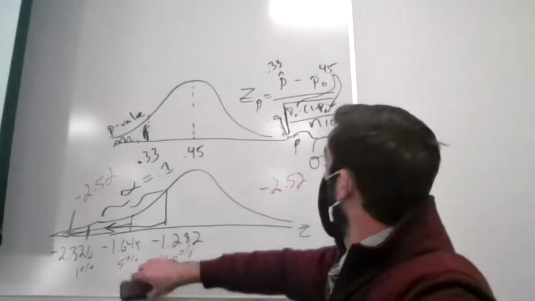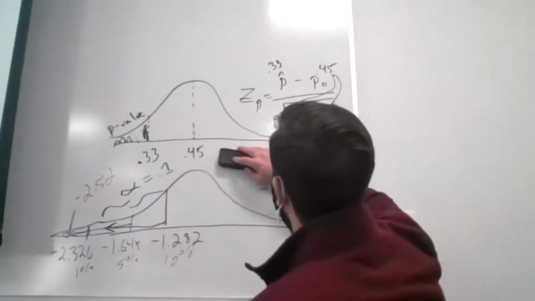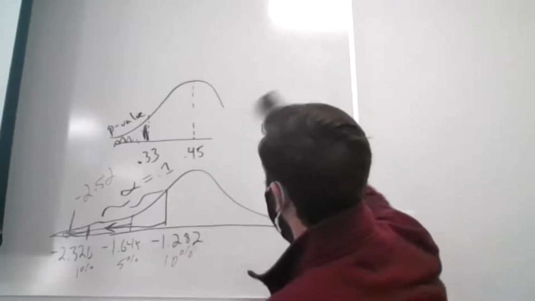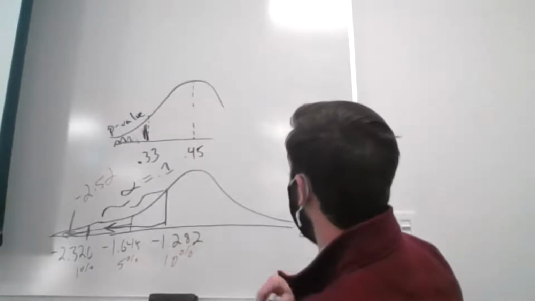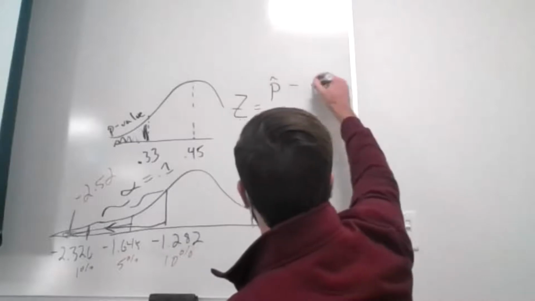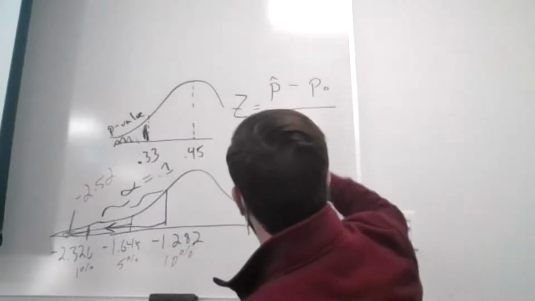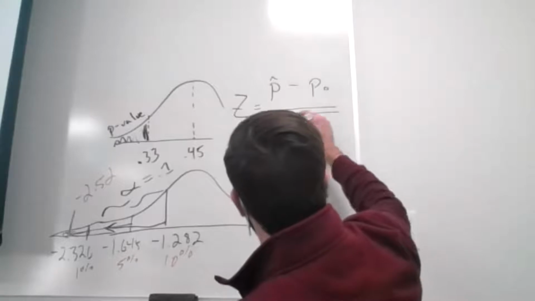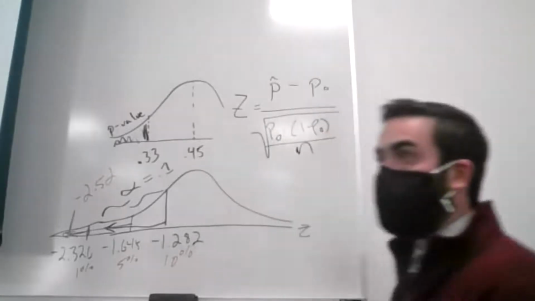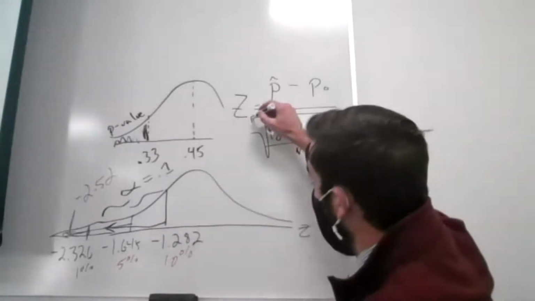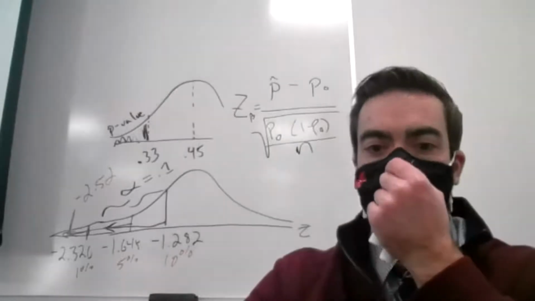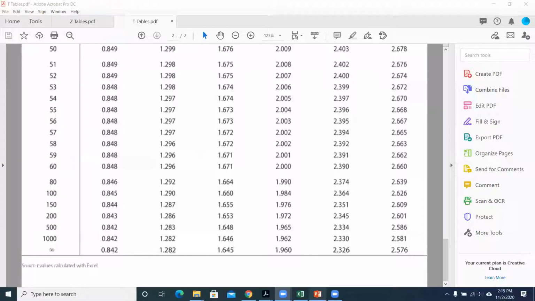So the next thing that I'm going to show you is, I'm going to rewrite this out for us. I'm going to leave this so we can think about it. Just so it's a little bit easier to see, I want to prove something with it. So here was our equation for our test statistic when we're looking at a hypothesis test for a sample proportion. Okay? So if we look at problem 2 on this slide,